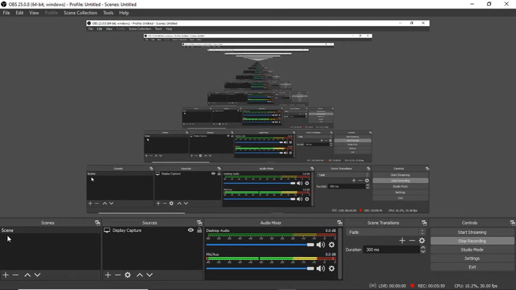You could use different combinations of effects and filters and then rename them as scene 3. After you do that, if you add them as scene 1, scene 2 and scene 3 over here, then while you are doing your display capture, or your image capture, or your video capture, what you could do is, in a moment's time, click on scene 1, right? Imagine that scene 1 and scene 2 are over here, right?